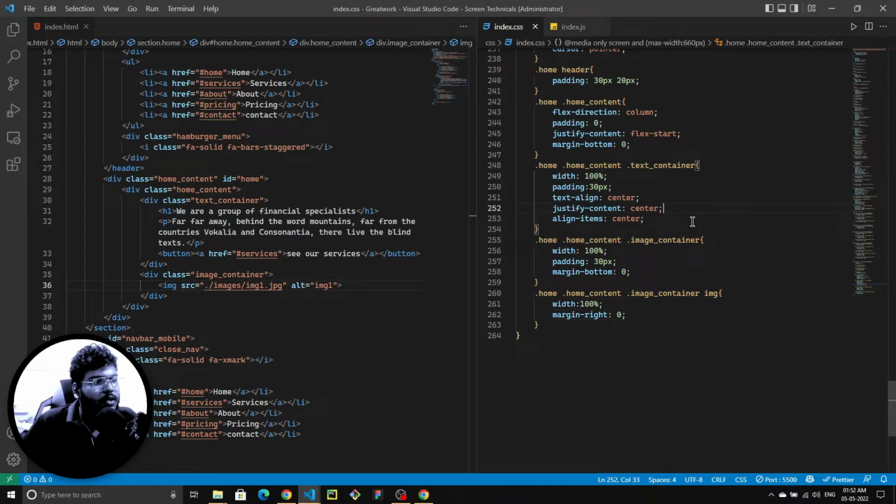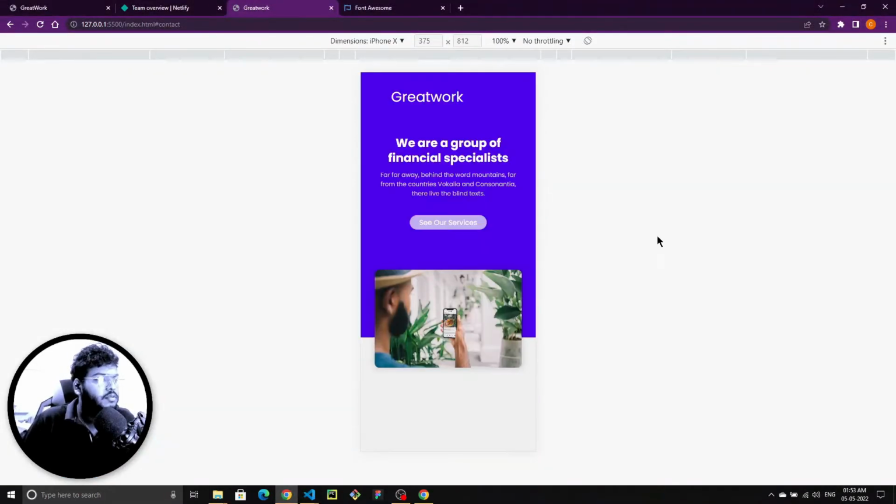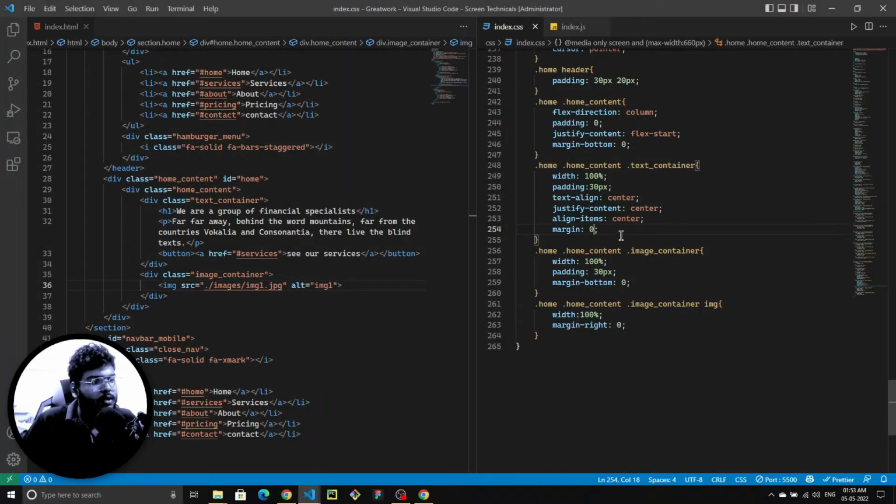This is text container, and just copy this text container. Inside this I have some margins. I'm going to reduce the margin to 0 first, and let's see. Yeah, it's coming up there, and then